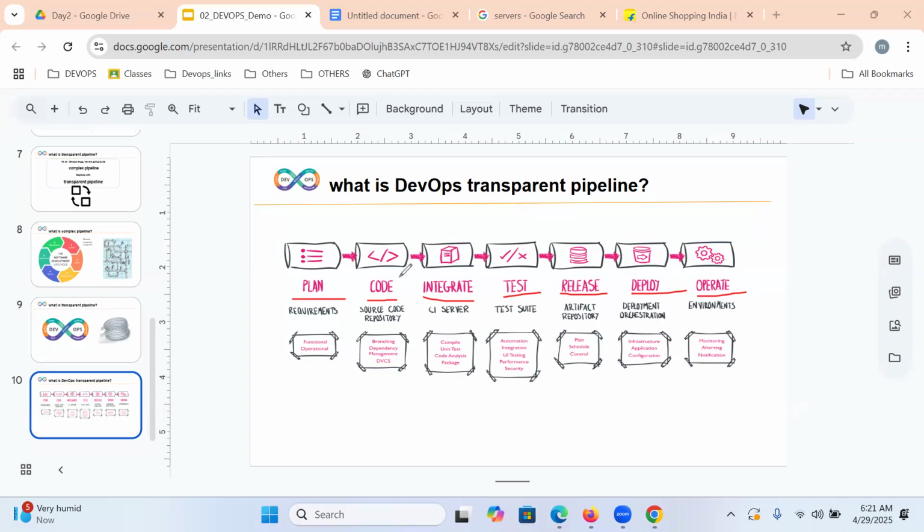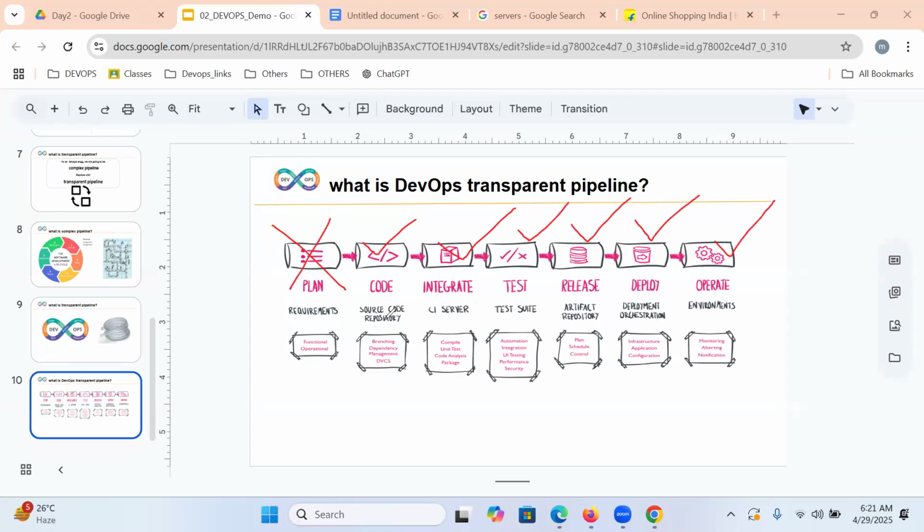In this DevOps process, our roles and responsibilities start from the dev environment and end with operations. That means we are part of coding, integration, testing, release, deploy, and operation.